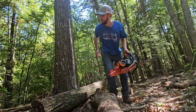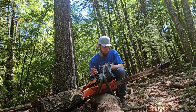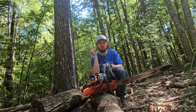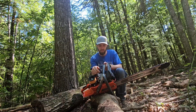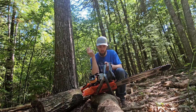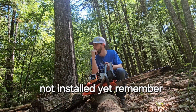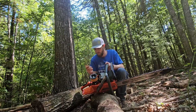I've tried every setting that I can do on this carburetor. Not to say that I don't know what I'm doing, but I've watched a lot of videos on how to tune a carburetor, and this thing is not acting like any of those saws in those videos do. So that's why I bought the Walbro carb to begin with. I think that still might be our problem, because